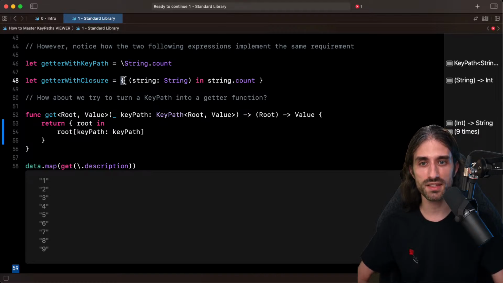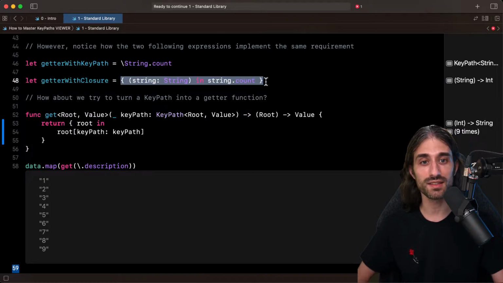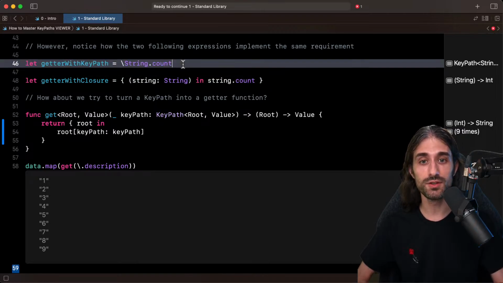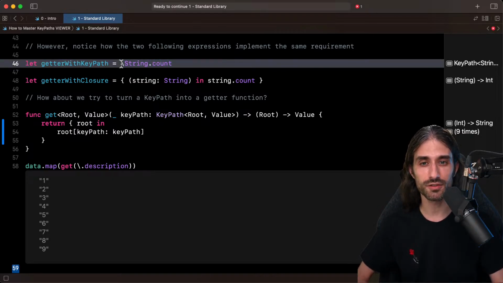But there is also another problem, which is that a closure can contain arbitrary code. So inside this closure that is supposed to be a getter, you could be doing crazy things. You could be doing a network call, for instance. And so this is also a problem. And key paths solve this problem because first, they give you a syntax that is nicer to use. You just have this backslash character, but it's a little bit less of a strain on the reader than having additional curly braces, anonymous arguments, or declaration of new arguments.